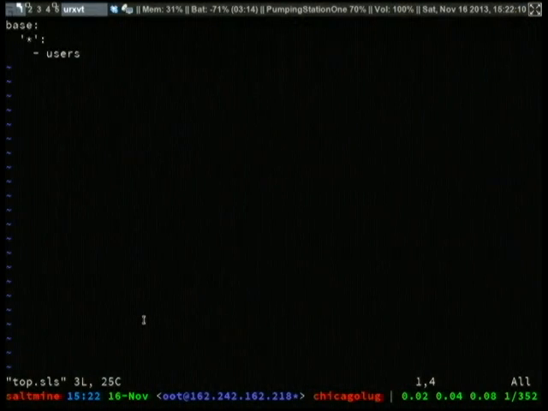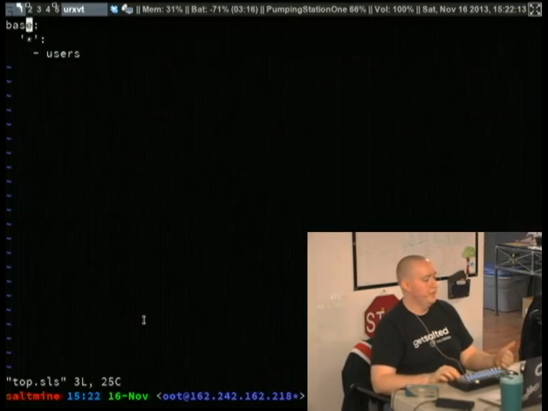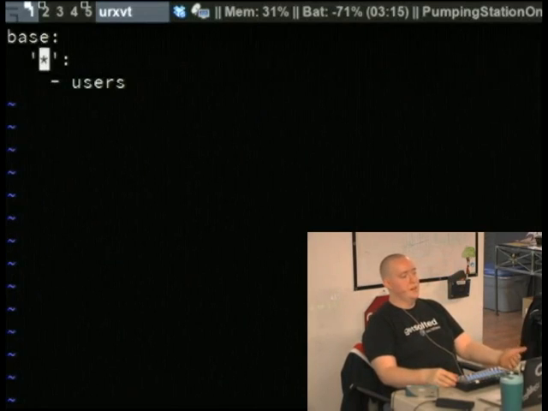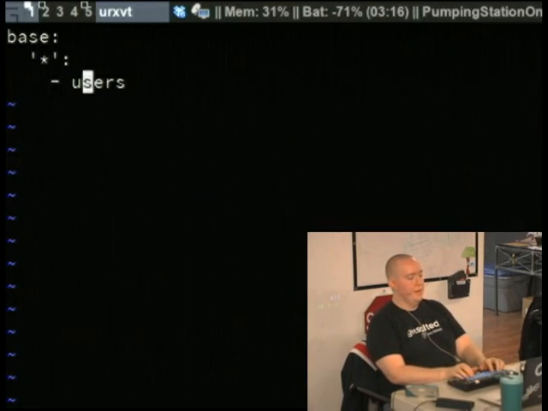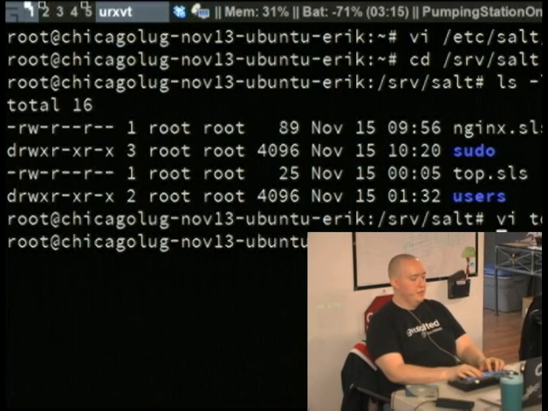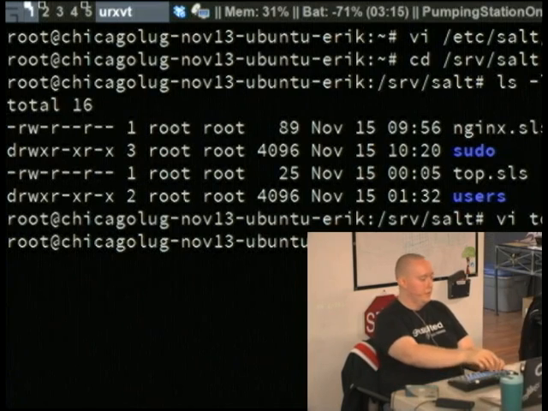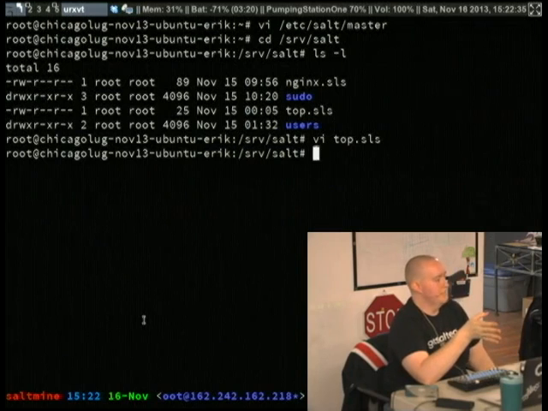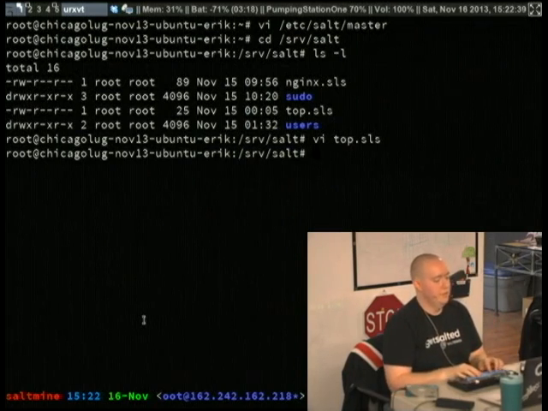So I described the first and the second line here. The first line being the environment base, the second line being like the target. This target's going to target all servers, and it's going to use this user's config file. If we notice here in the root of serve salt, there actually isn't a users.sls. There's a users directory, and if we list the files there,